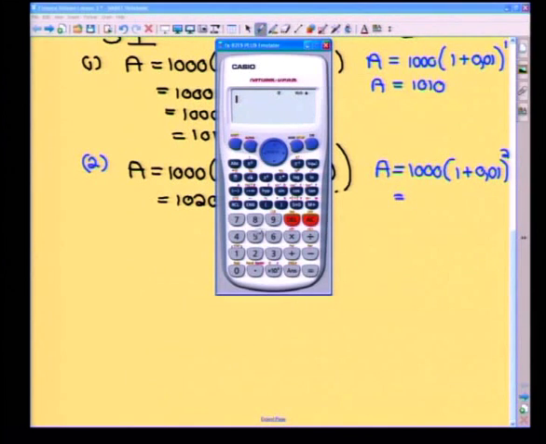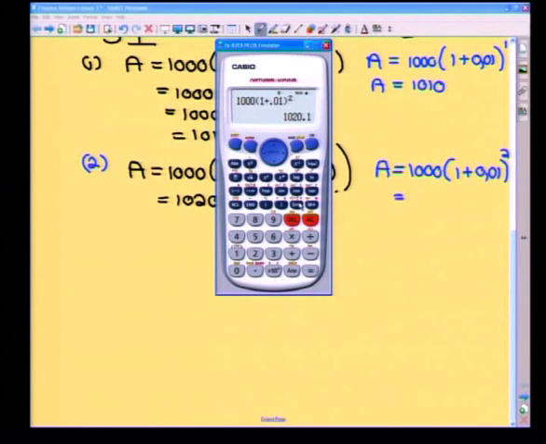All right, clear it. We've got 1,000, and it's 1 plus 0.01. Close the brackets, raised to the power 2. Okay, now that doesn't look too good, so let's go S to D to get it as a decimal. And we now see that we've got